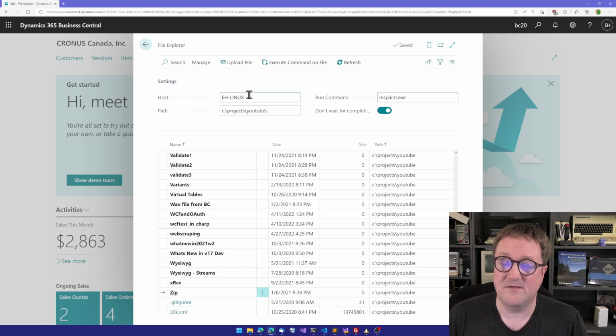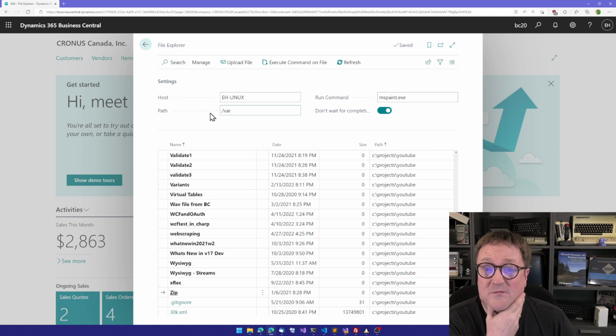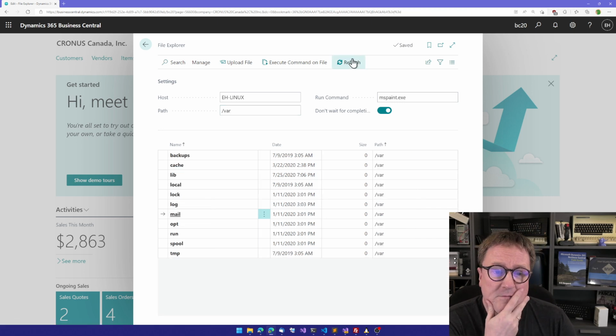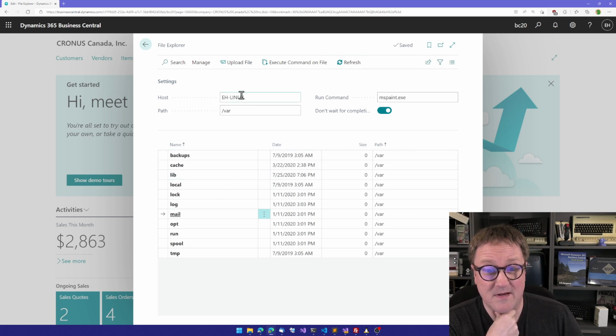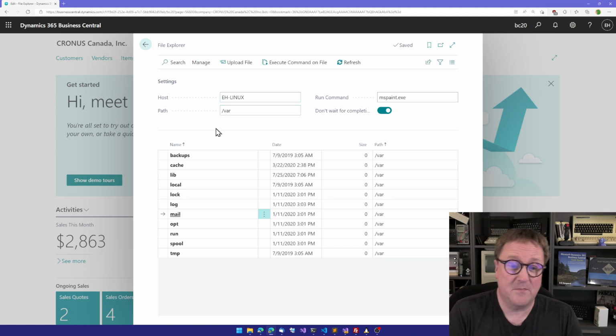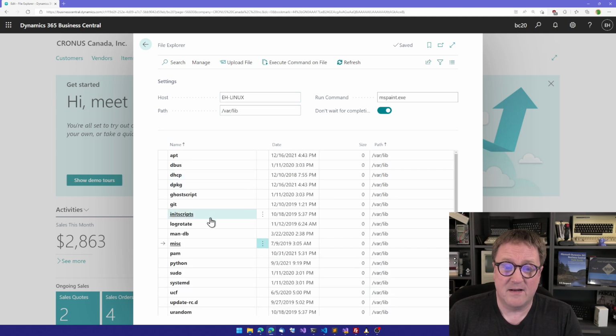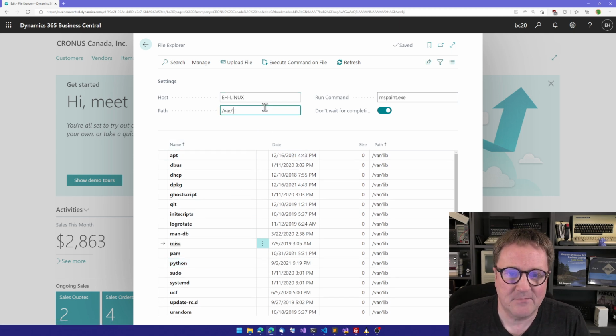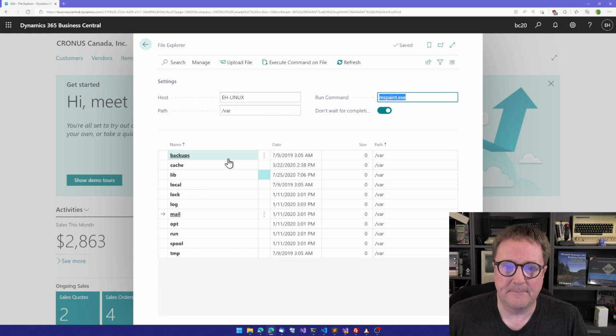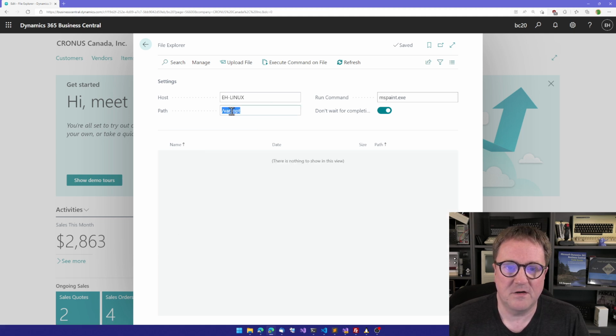How about we ask EH Linux, which is a Linux machine of mine? For the path on Linux, perhaps we want to look in /var. So we'll refresh that one. And now I get files from a different machine because I asked to talk to a different host and a different path. And now you can see this is Linux, whatever you want to say. It works fine, the same way. I don't know if there's anything useful on this machine, but